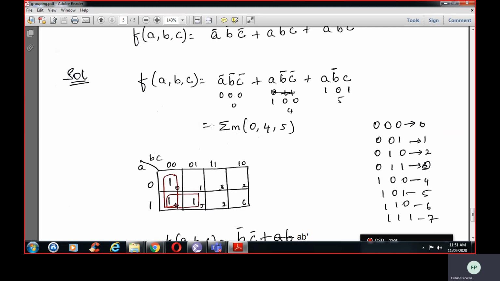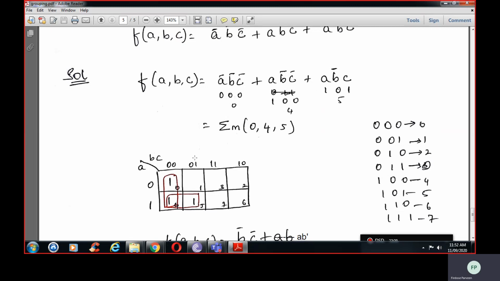So what I'll put as it is sum of product, that is these are min terms. So I'll take summation sigma and m, small m indicates min terms. So what are the decimal numbers? It is 0, 4, 5. So I'll write down 0, 4, 5 and I will place 1 at these cell numbers. So 0 is 1, 4 is 1, 5 is 1. Rest all will be 0.